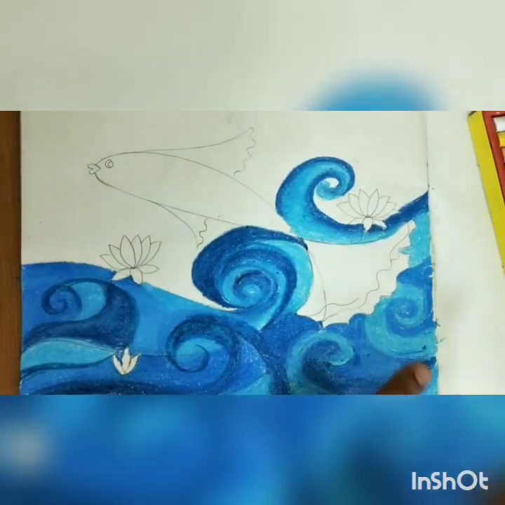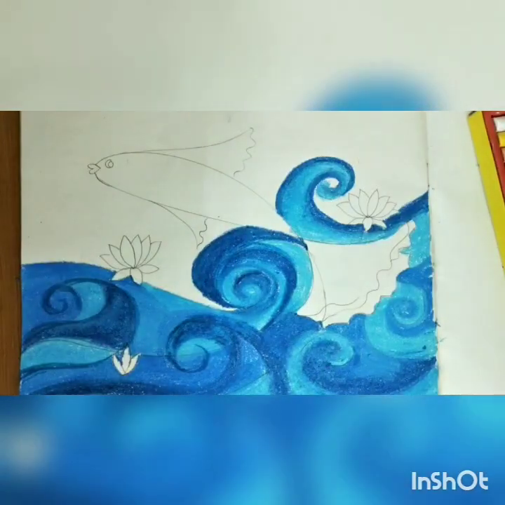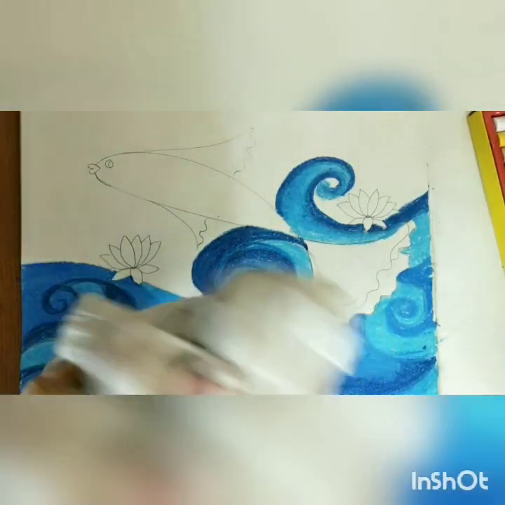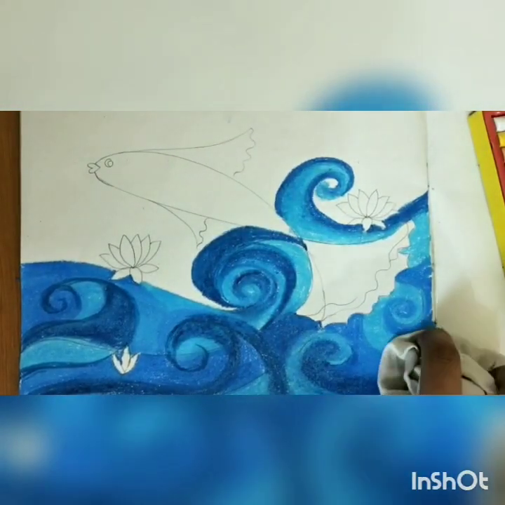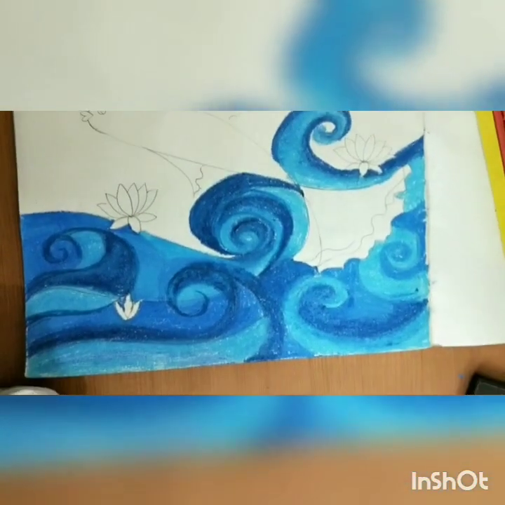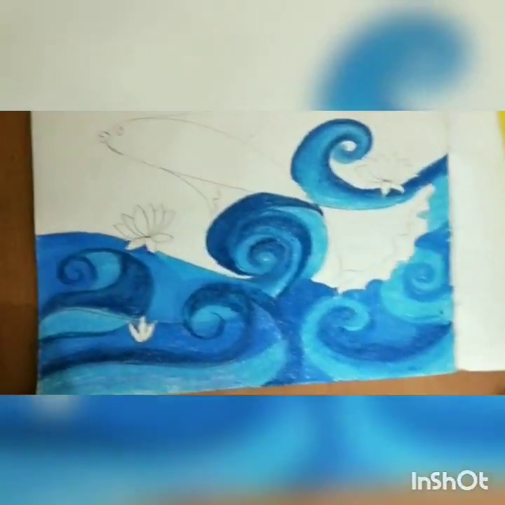Like waves coloring, I can see some little particles of color. So it can be cleaned, but don't clean with your hand. You should use a rough cloth to clean this. See, here are some color particles. Can you see that?